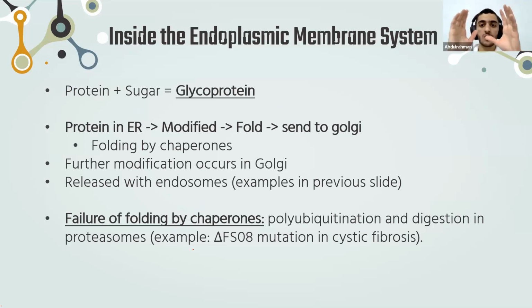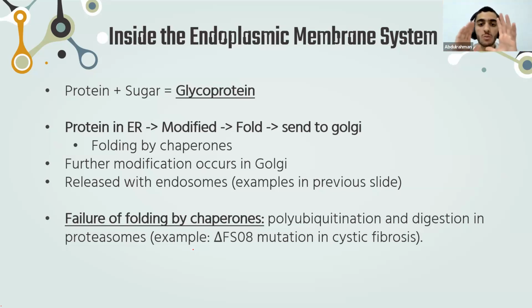So what this system does is that once it takes the protein inside of it, it will modify it, it will fix it a little bit. And once it's fixed, it will fold it, package it, and send it out to the Golgi apparatus, or out to the blood, or to the membrane, or to the lysosomes, okay? So this system modifies, packages, and sends it out, okay? So one of the important modifications that the protein undergoes inside this endomembrane system, as was mentioned in two slides for you guys,